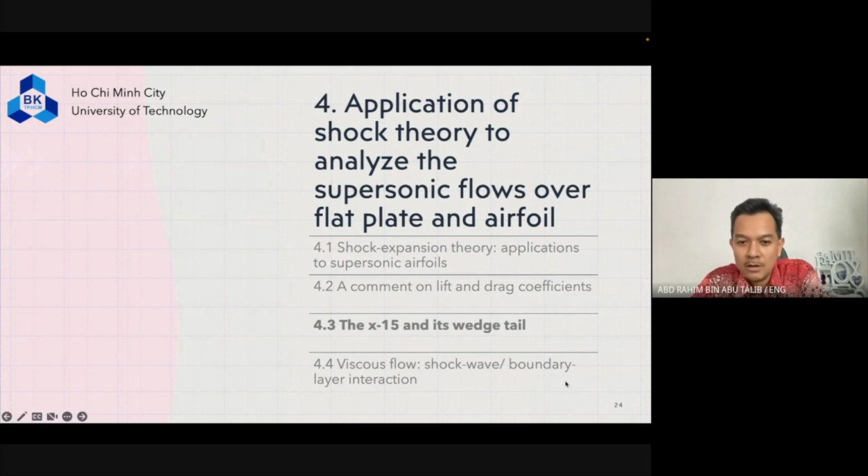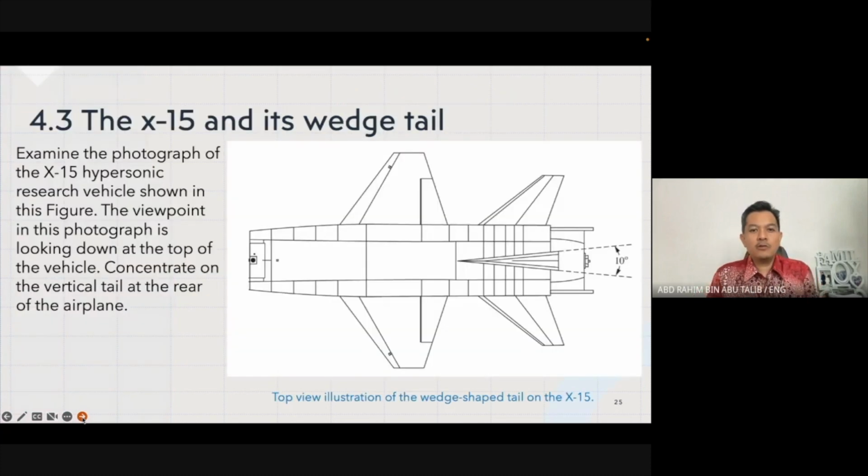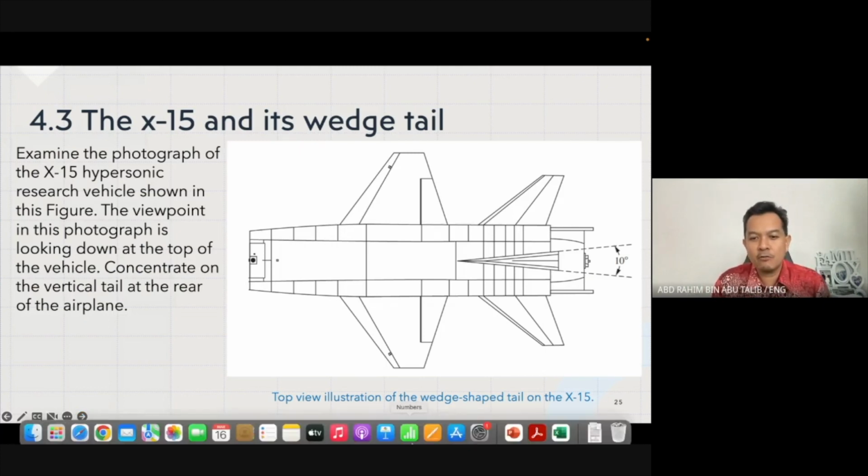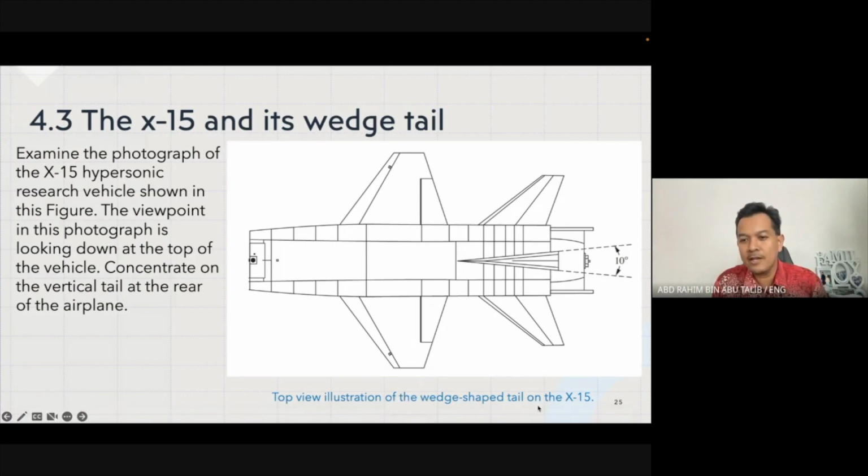Okay? So now we would like to go into a more realistic example, which is the X-15, the experimental aircraft, and its wedge tail. If we look here, this is a top view illustration of a wedge-shaped tail on the experimental aircraft X-15. So we are looking from the top, all right? If you examine this photograph of the X-15, which is known to be the hypersonic research vehicle,